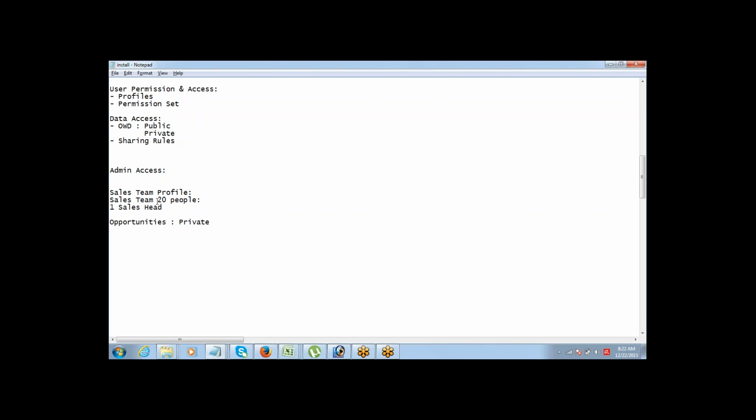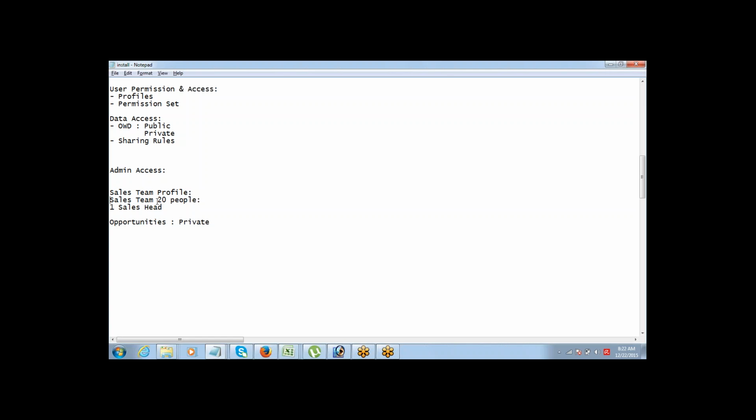Maybe make a separate profile for sales head as a designation. We are still making a separate profile. Why are we creating a separate profile? He needs a similar kind of profile. Is there any other option if we don't want to create a profile? Creating a separate profile is definitely an option. System admin, what we just now learned. I mean, yes, admin access.